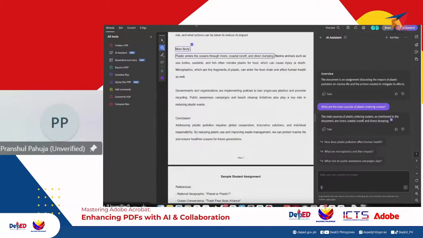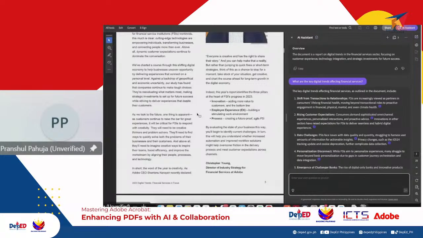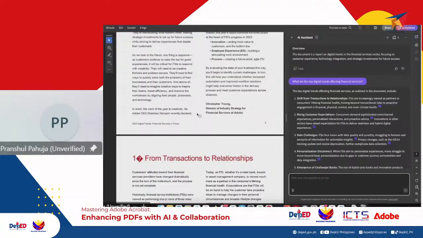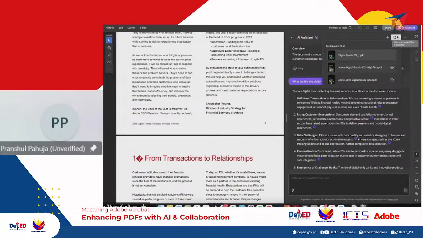You can do a lot more. In the second example, I have uploaded three different reports. You can work with not only one document, you can work with multiple documents as well. In this case, I'm doing a bit of an advanced search. I've uploaded multiple reports and I want to get output from all these three reports. It could be more as well. I can upload up to 10 documents.